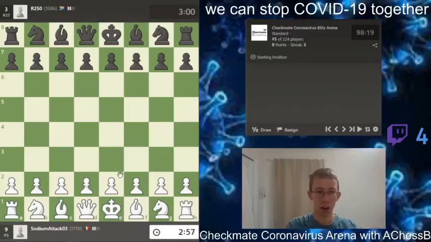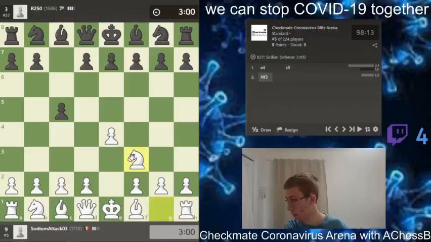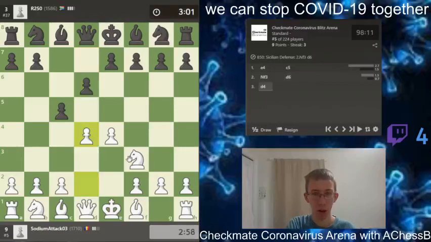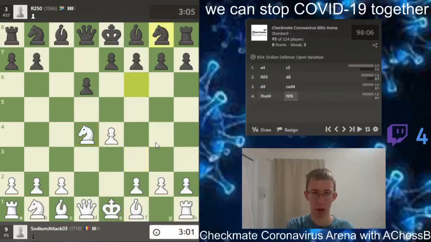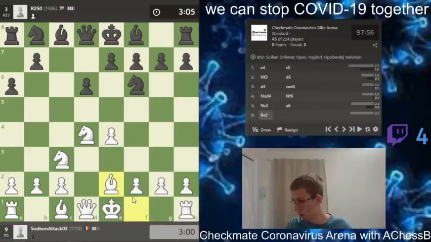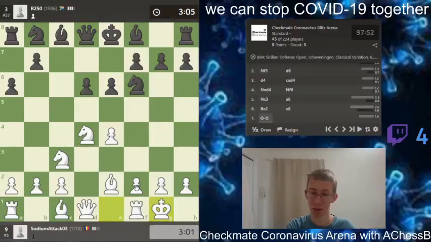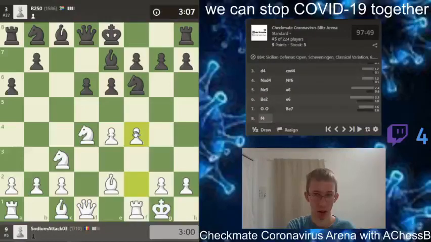Alright, let's see if we can play the Scotch again. Okay, never mind, we got Sicilian here. Let's see if this guy goes for a Najdorf. That would be really fun. Yep, Najdorf. Okay. I played the bishop e2 Najdorf, and I castle short. Yes, I am that kind of guy that castles kingside in a Najdorf, but